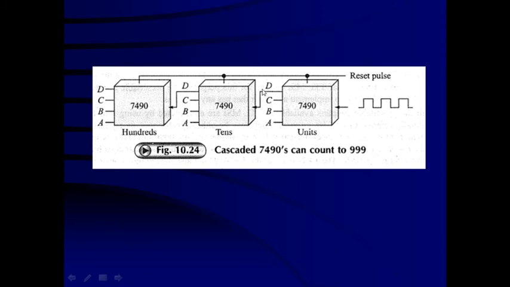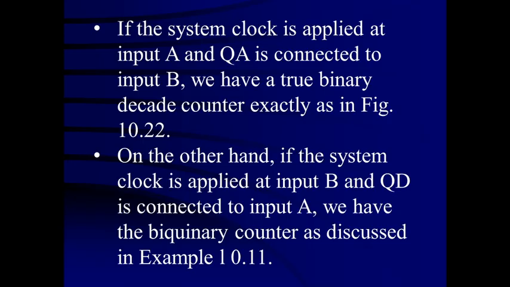And the output of this one changes from high to low for one clock pulse only after 10 clock pulses of the unit counter. So it is advancing one count every 10 clock pulses. So this middle counter is known as a tens counter. And the output of this one, after every 100 clock pulses, this D is changing from high to low, and that means the content of this counter is going to advance by 1 after 100 clock pulses. So this is called the hundreds counter.